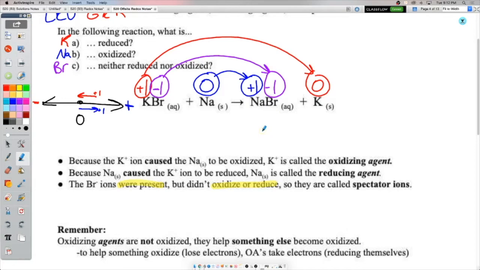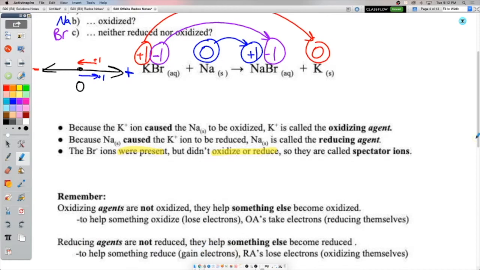For the most part, like if you're there and the Oilers lose, if you watch the Oilers on TV and they lose, they probably would have lost if you were there at the game in person, right? So we call that if you were spectating, right? So we call those things that are there, but they don't actually participate in the action and the reaction, I guess. Okay, we call them spectator ions. Just like when you're a spectator at a sports game, you're there, but you're not actually taking part in the